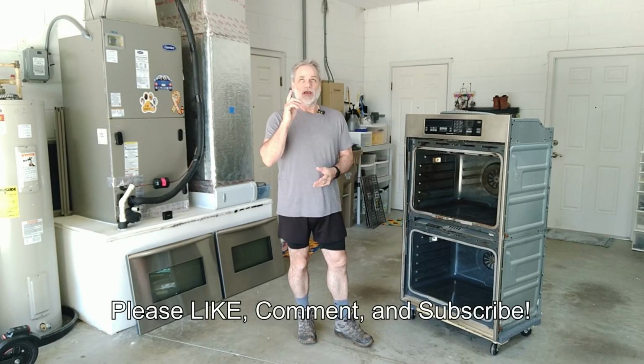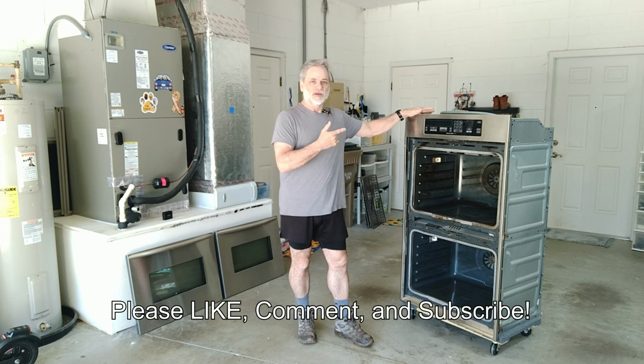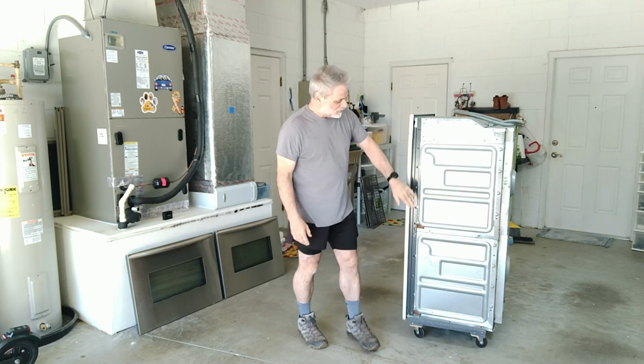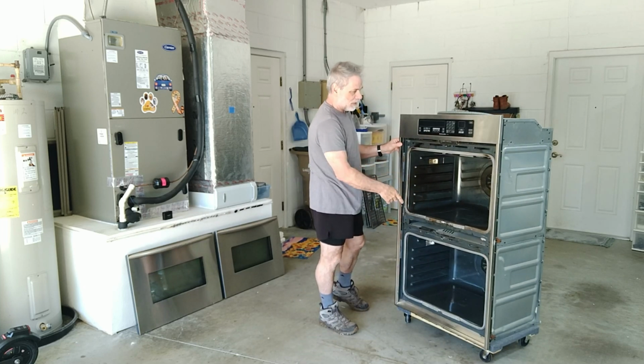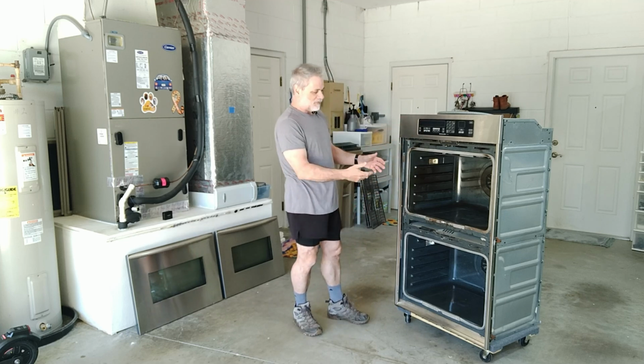Everybody, Ray Hayden here, and this video is going to be about the disassembly of this double oven here. It's two pieces. They connect somewhere around here because there's definitely a top and a bottom oven going on here. So I'm going to need to remove this entire frame, and I'm going to have to take these two units